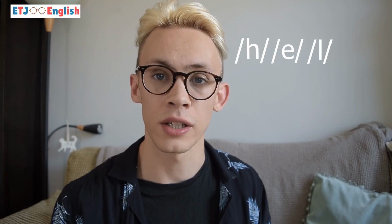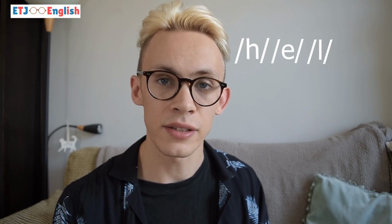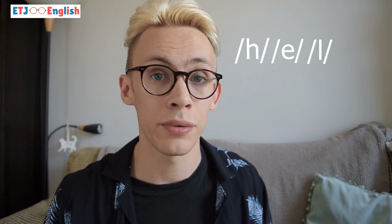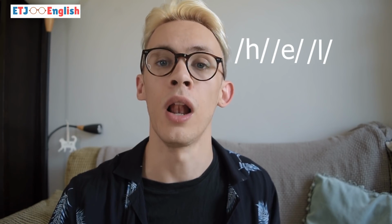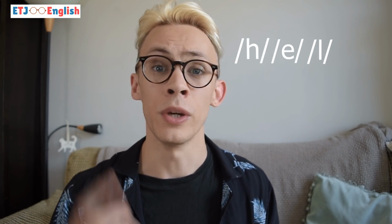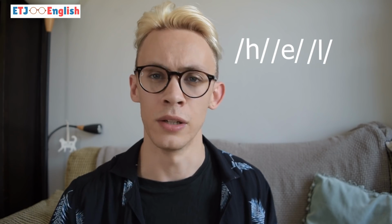We have the dark L. So in English we have the light L, L, in words like light, and we have the dark L in words like help. So with the light L, the tongue is pushing up against the top of the mouth and then it flicks down to create a L, L, right? But the dark L, we're not doing that movement. We're just keeping the tongue at the top of the mouth. And the sound is more like an all,